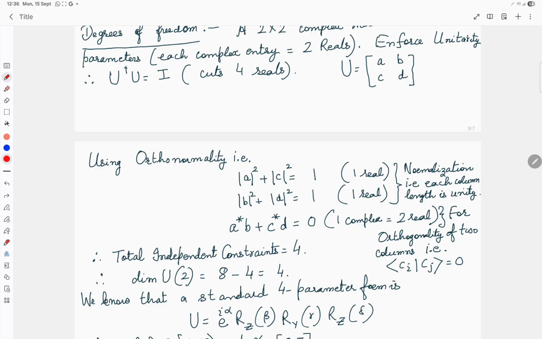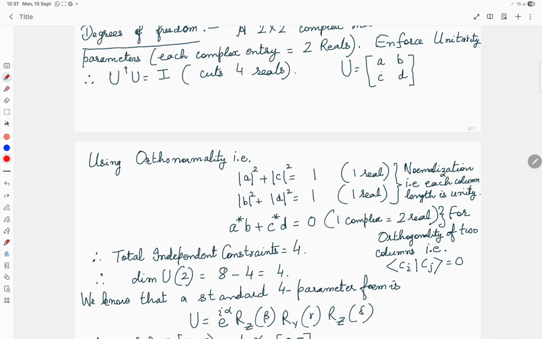The first thing with the unitary condition is that the sum of the magnitude squares of all the column entries will be equal to 1. This is the condition for normalization. So |a|² plus |c|² will be equal to 1, which is a real number. |b|² plus |d|² is equal to 1, which is another real number,